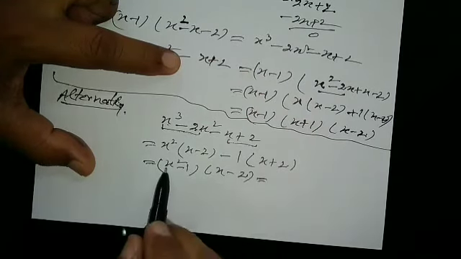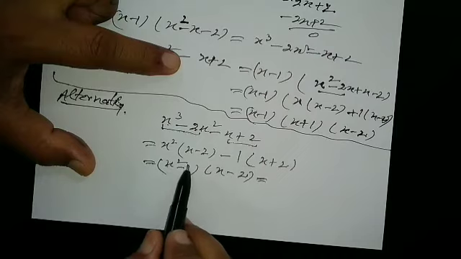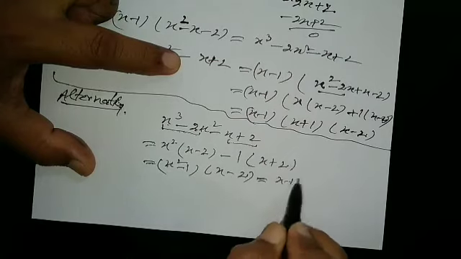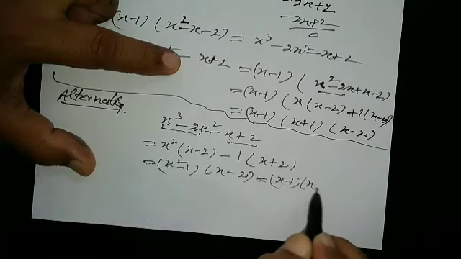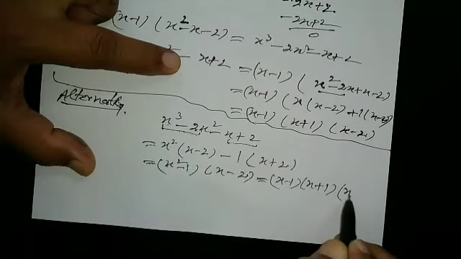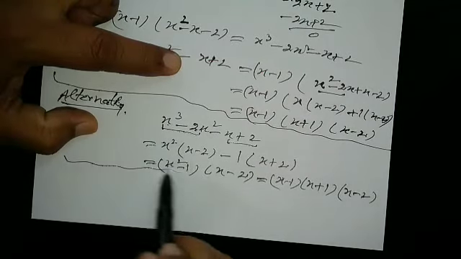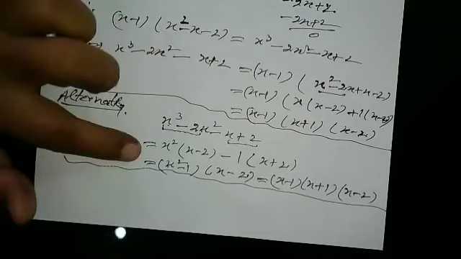Okay, and this is first square minus second square. Use that identity, first minus second, first plus second, and you will get the required factors. Very small question, but